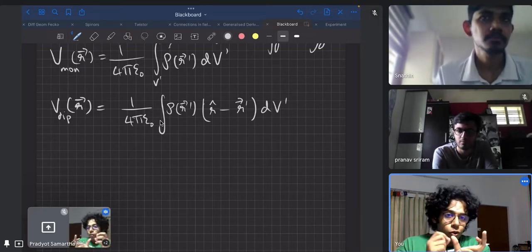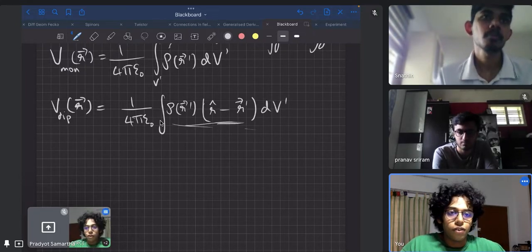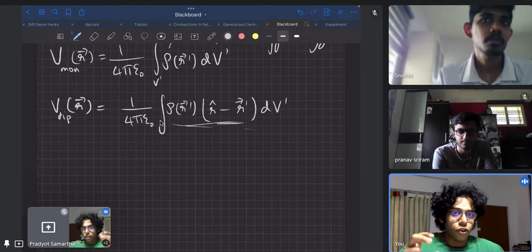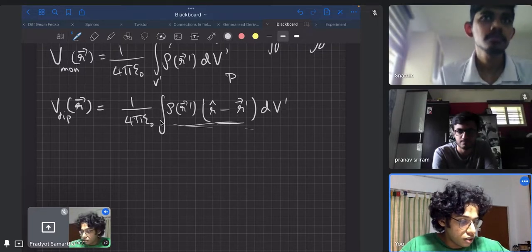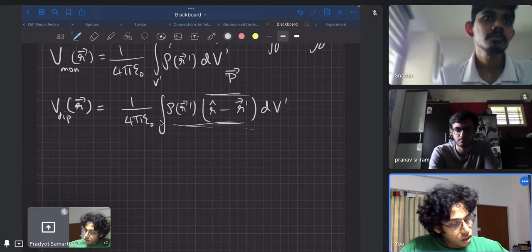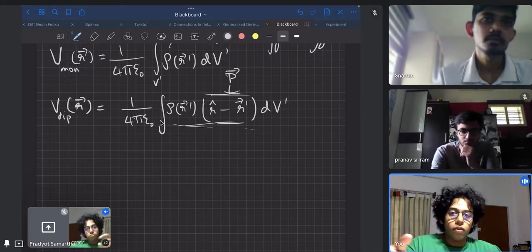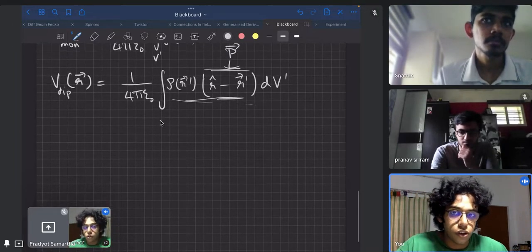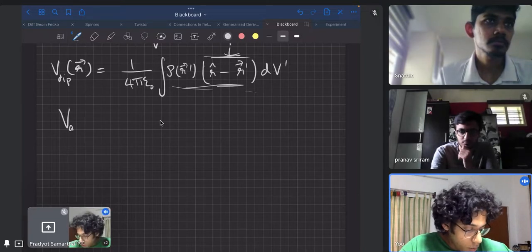So basically this is the dipole moment. If you actually look at the definition of a dipole moment, which is what your P vector is, this is what the P vector becomes. The density decides the magnitude essentially, but that is a dipole moment. And then you have V quadrupole,